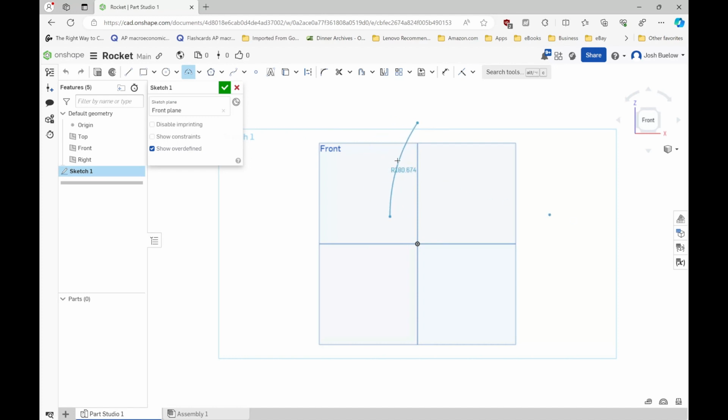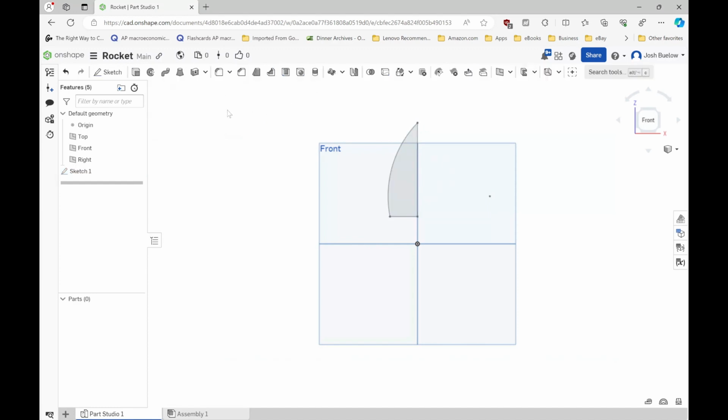And then I'm going to choose the arc of the outside of my rocket ship's body. Click there, and then we got to close this off. I'll show you what I mean. Click here with a line, make sure it's directly above the center point. Then we're going to go straight up here, and now this is closed off. It's grayed out, so we can use it to make geometry. This sketch is done, so I'm going to click the green check mark, and now this is where we use